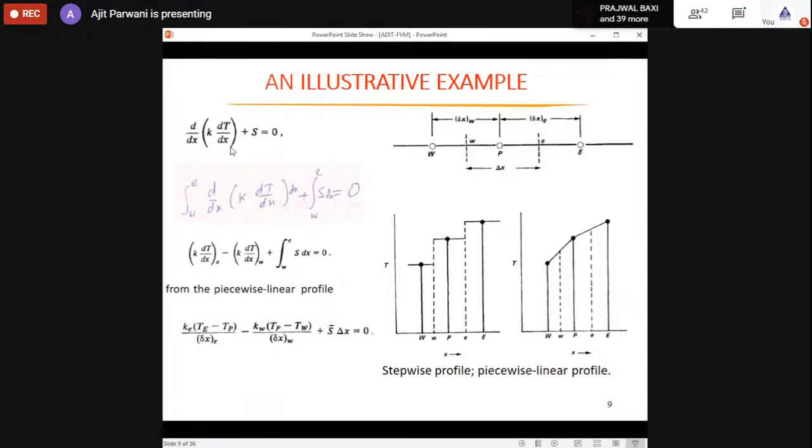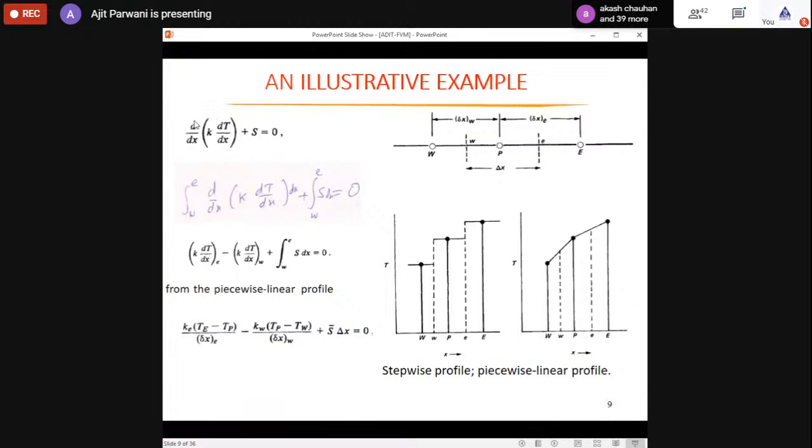Now apply this partial differential equation to each node and then convert it into a suitable numerical form, so that the computer can recognize that equation. That equation is called a discretized equation. In other words, we discretize this equation at each control node, at each computational node, or at each grid point. So first of all, I will discretize this equation at the node P. How will I discretize this equation at the node P? By using the finite volume method.